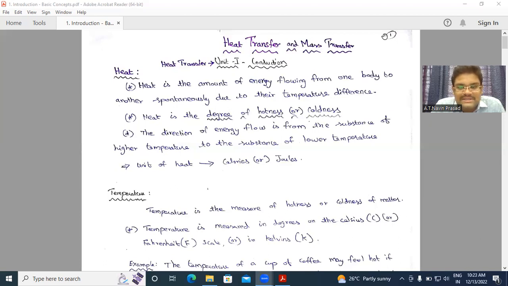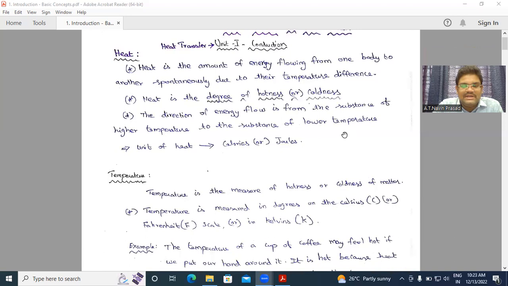So heat is nothing but the degree of hotness or coldness. Temperature is nothing but the measure of heat. For example, if you are measuring the hotness or coldness of anything using some external device, a heat measuring device, it is called the temperature. If the degree of hotness or coldness is measured using some measurement device, it is called the temperature. Right? So it can be measured in degrees Celsius, Fahrenheit, and